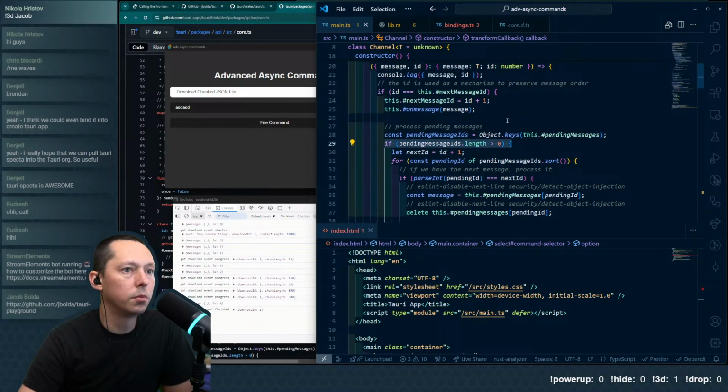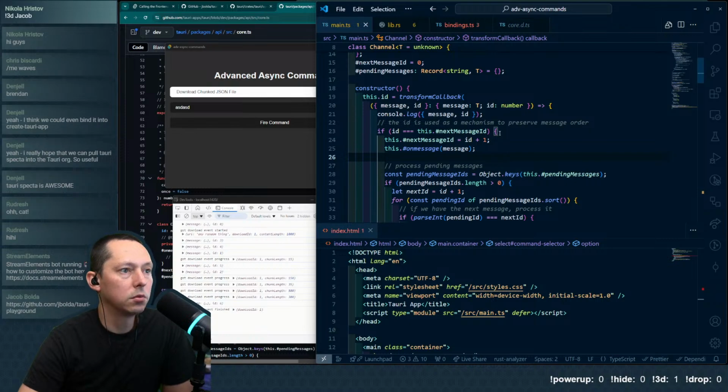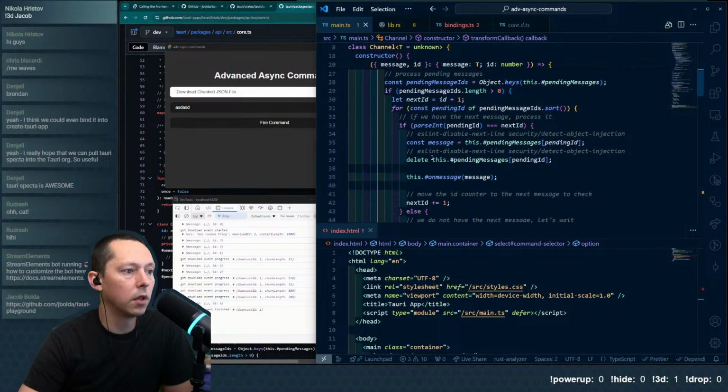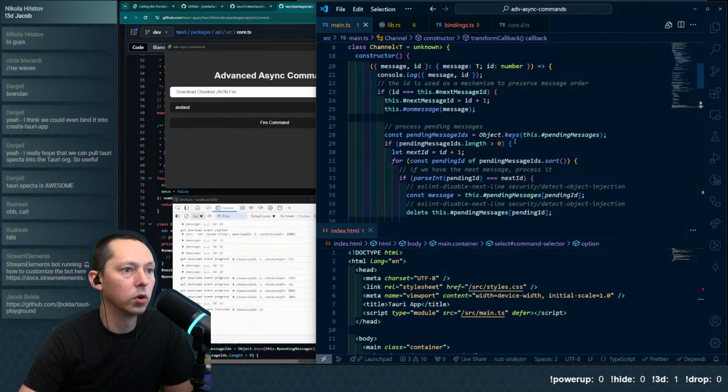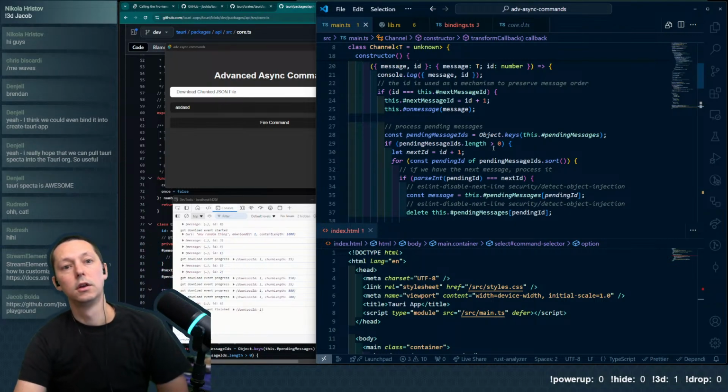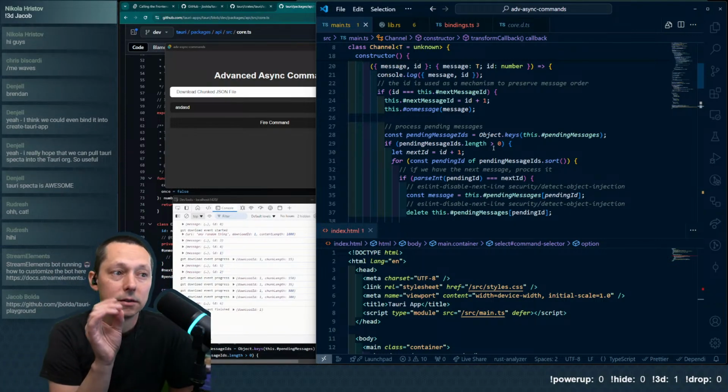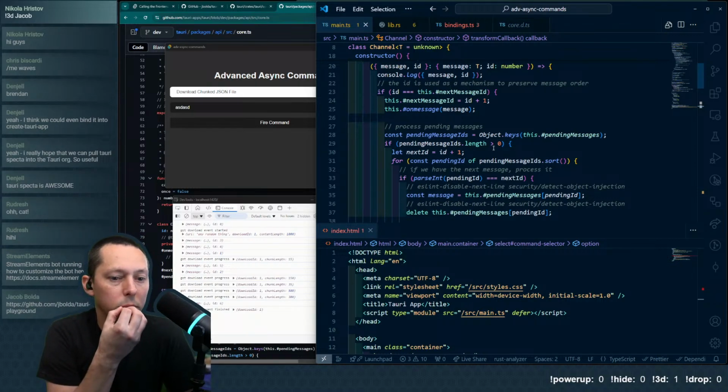Because it'll do so pending messages. So every time this is called, if we don't have that, then it is adding it to the pending messages. So if there is no pending messages and it's called, how do you know that you've processed all the pending messages to where you can reset the ID? I see why it is the way it is, but I would definitely be curious if we could make this better.